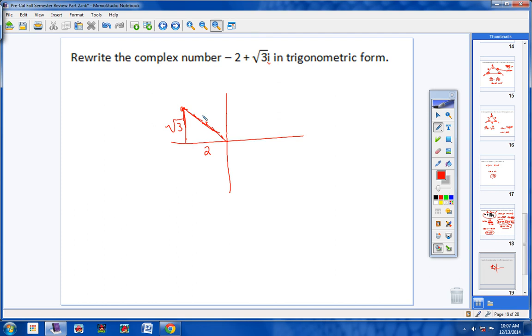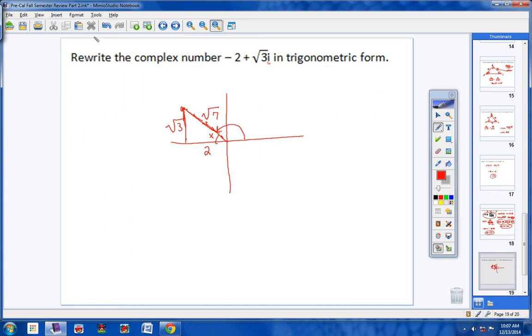You should get square root of 7. Now I did that in my head, which is very scary. Let me check it. Square this, you get 3. Square this, you get 4. 7, yeah, square root of 7. So we're doing really well. We found the magnitude already. Now all we have to do is find this angle here, and then we'll know what the direction angle is,